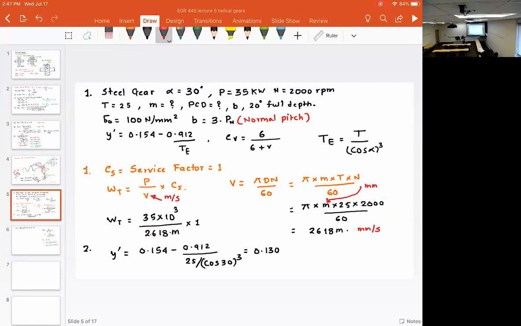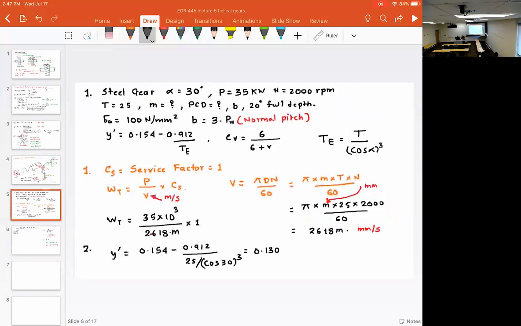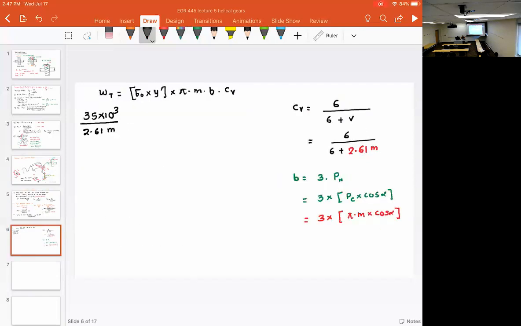So I need to make this correction here. Just don't forget this decimal point. 35 times 10 to the power 3 divided by 2.61 m is equal to